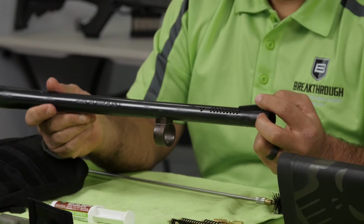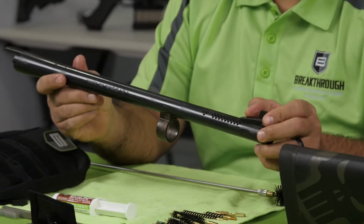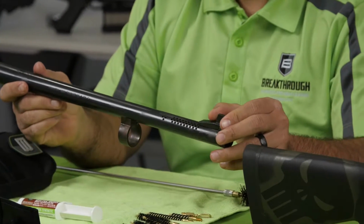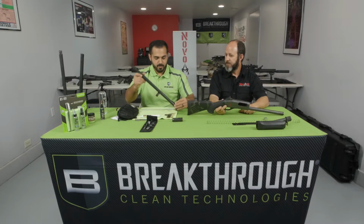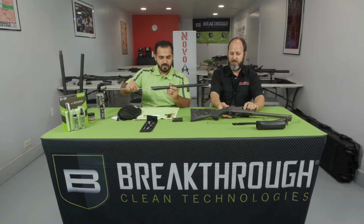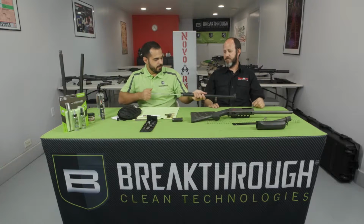But the biggest thing about it is our solvent's not going to go out there and mess anything up. If there was any paint on there, it's not going to break it loose, it's not going to hurt anything, and it's not going to fog up the glass. So keep that in mind. So the important thing that we're talking about, the front sight, it's not going to mess it up, all right, to sum that up. So now that we've let the solvent stay in there for a while, we're going to go